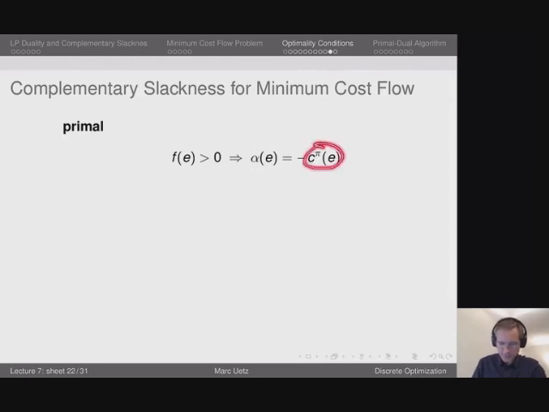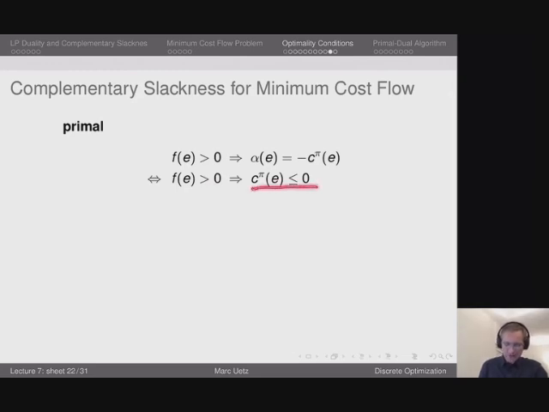Because if this is positive, then this would be something strictly negative, but the alphas are non-negative. So this can therefore be reformulated. If the primal variable is strictly positive, then as a consequence, the corresponding reduced cost coefficient should be non-positive. And then the alpha can be exactly set to that value, and we can fulfill that constraint. So let's say that again, if the flow is strictly positive, the corresponding reduced cost coefficient is at most 0, but in other words, that is to say